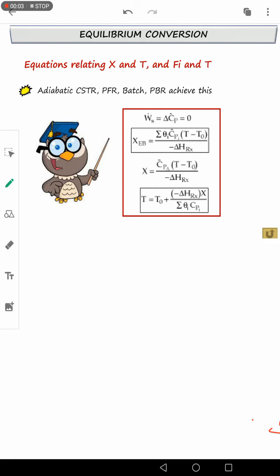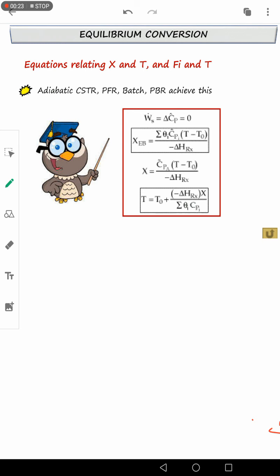Okay, kita sambung lagi. Berkenaan dengan application in CSTR, PFR, PBR. So, theoretically-nya,